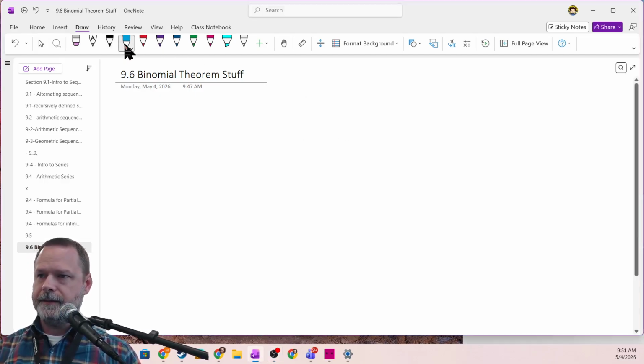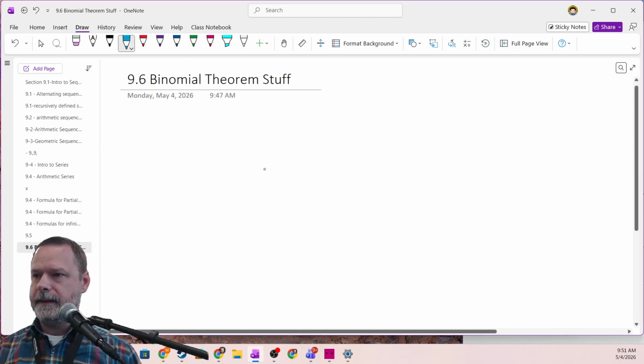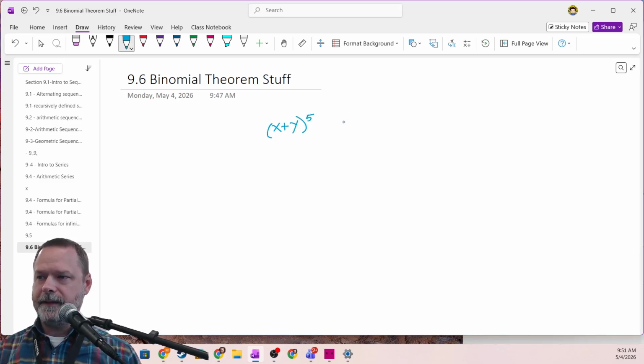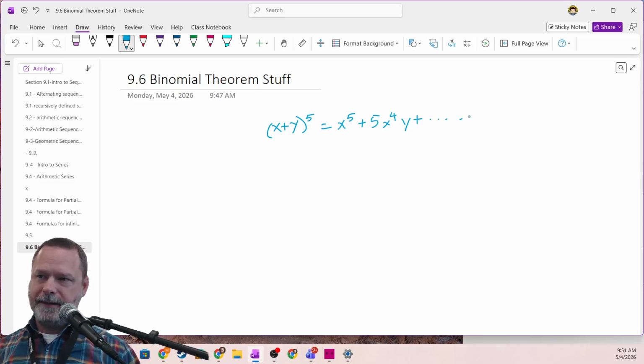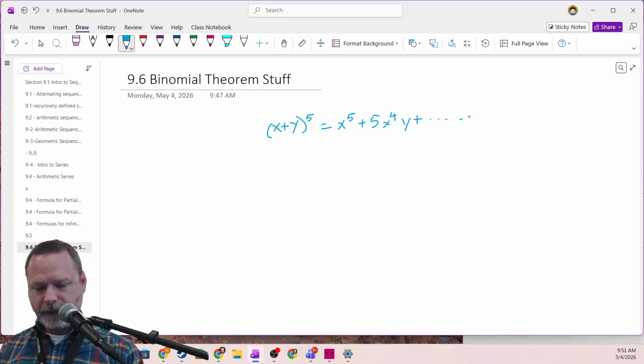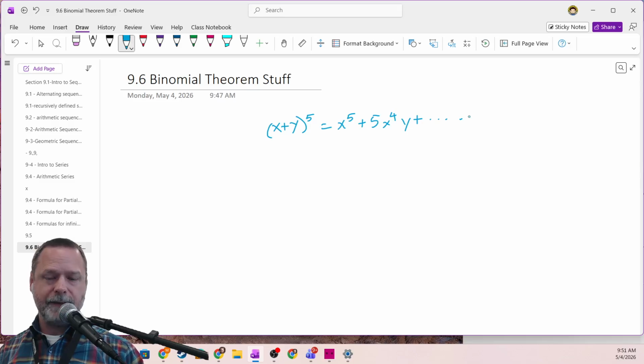That is stuff like this: binomial expansions, like x plus y to the fifth equals x to the fifth plus 5x to the fourth y plus ... What does that actually get you when you multiply it out? There's a binomial expansion. So we want to make a connection to those binomial expansions, the combination notation, getting combinations,